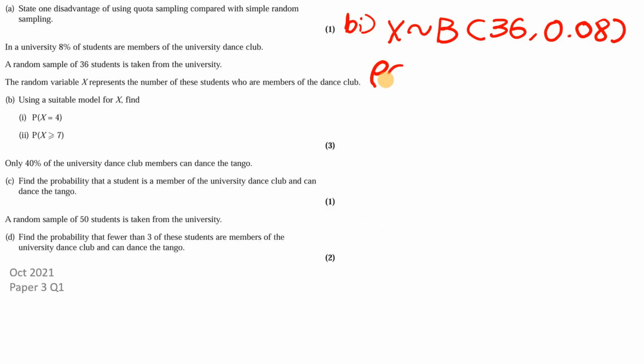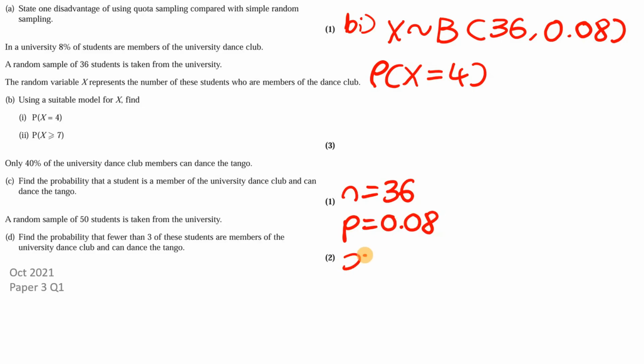And we need to find the probability that x is equal to 4. So rather than using the binomial CD, we're going to use the binomial PD mode on our calculator that we talked about before, because we have the equal sign here. So we're going to say that n is equal to 36, p is equal to 0.08, and x is equal to 4. So if you put this into your calculator to 4 decimal places, it's